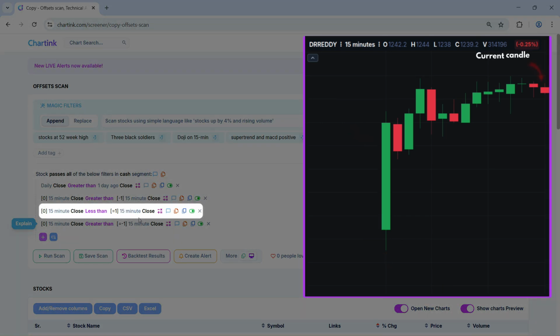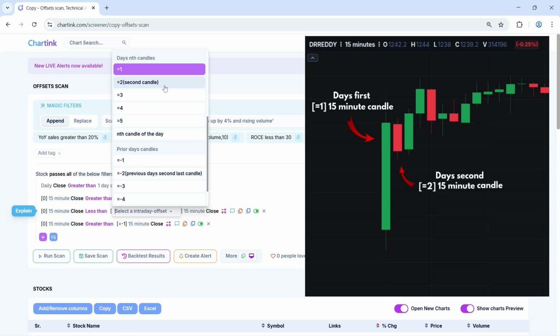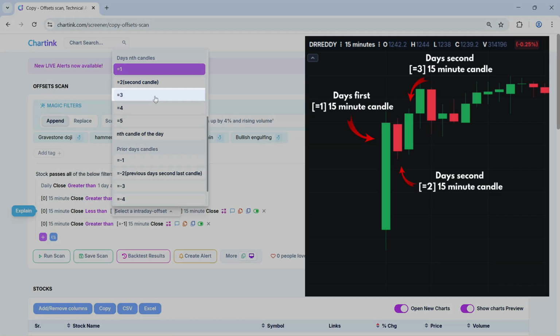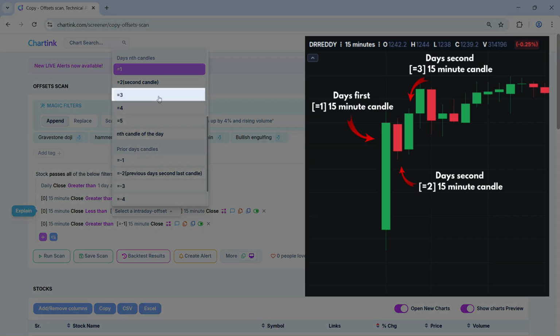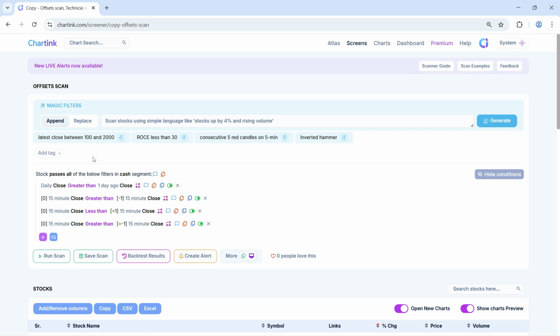So this filter is comparing the current 15-minute candle with the first 15-minute candle of the day. Similarly, equals to 2 refers to the day's second 15-minute candle. Equal to 3 refers to the third candle, and so on. This is very useful for intraday strategies like first candle breakout.